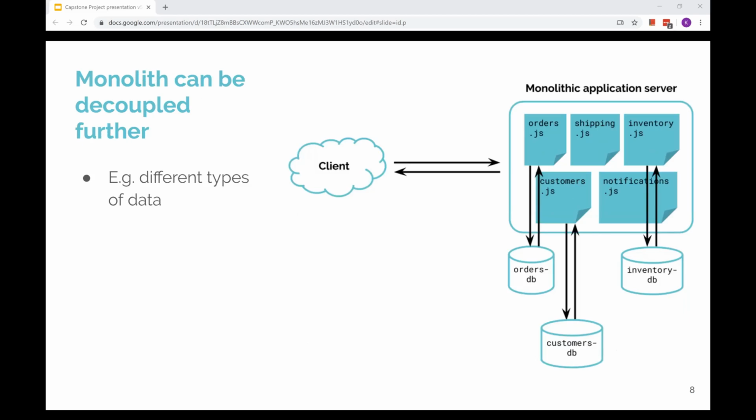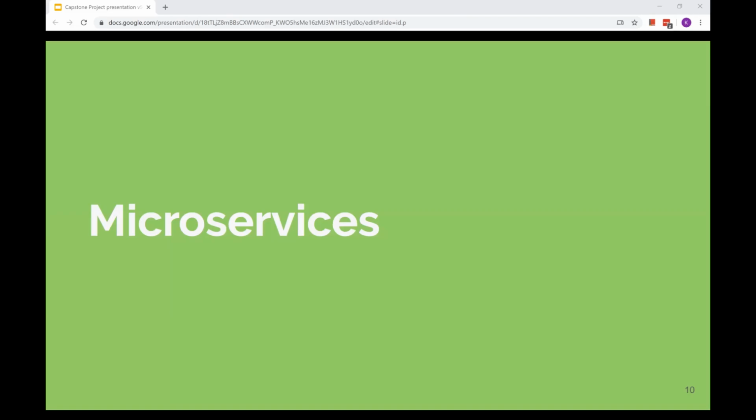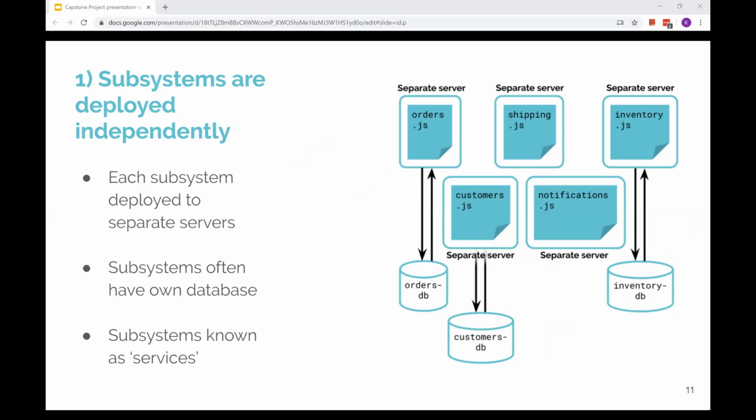And one more variation of the monolithic architecture is for different systems to have their own database. So this might happen, for example, if the data that's needed by each subsystem has very different formats. So now that we understand what a monolith looks like, let's explore 2 main ways in which microservices are different. So the first is now